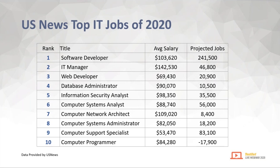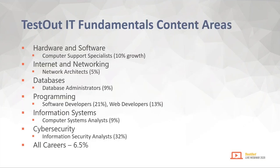All right, so now going behind IT Fundamentals Pro, Paul's going to talk a bit more about this as the course designer, but when we were designing the original course, we built it to align to CompTIA IT Fundamentals Plus. And we've had great feedback. We've had way more than our anticipation for the original course. And we've also had a whole lot of requests. And out of those requests, we're going to look a little bit at the content areas when Paul gets into it, but we've built additional content for what instructors and students have requested and aligned it